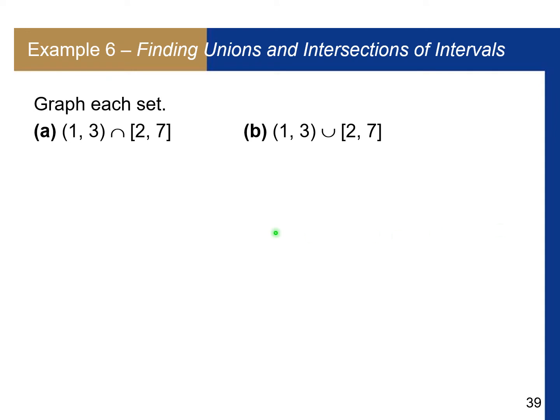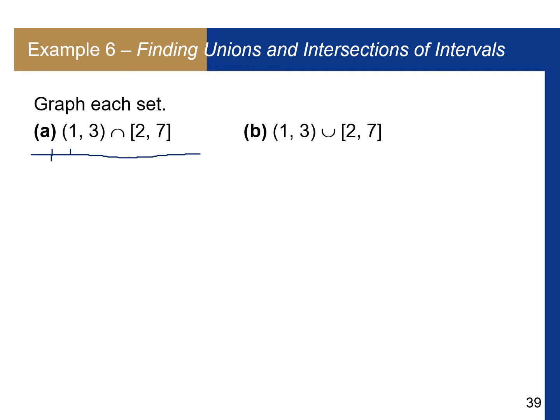Okay, so if I were to graph each set, this is how I like to do this. Let's take a look. I'm going to try to put it where I won't be in the way. So if I take the pen and I want to do 1 to 3, I'm going to draw a number line here, try to keep it straight, and of course I didn't. So now I have the numbers 1, 2, 3, and 7 on here. So I'm going to start here with 1,